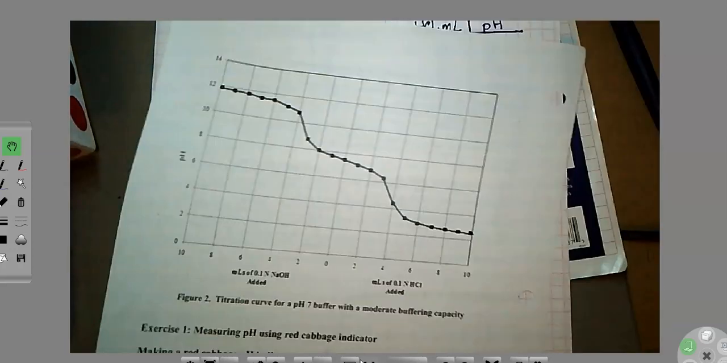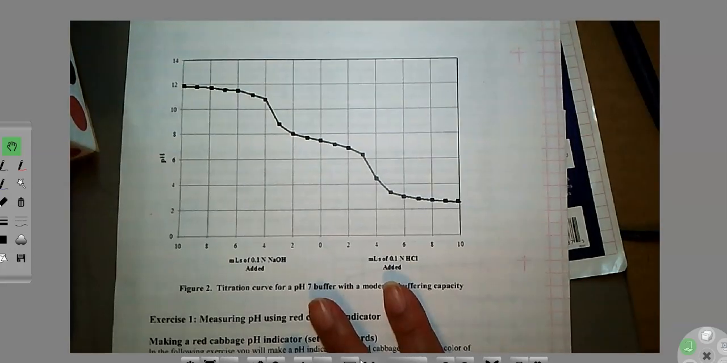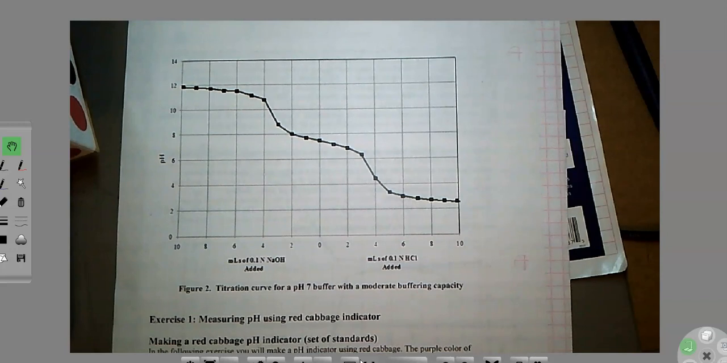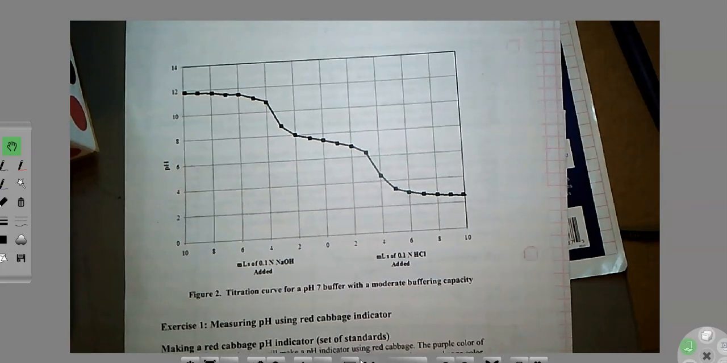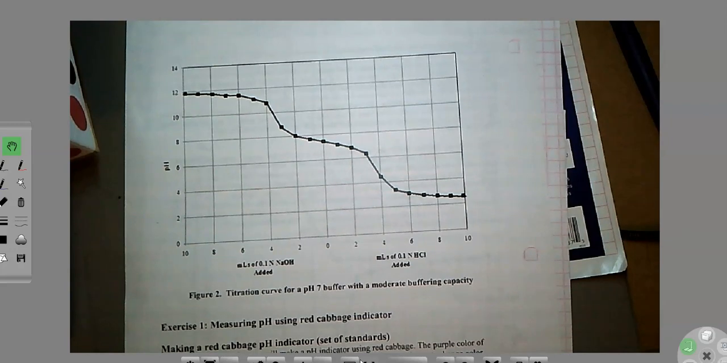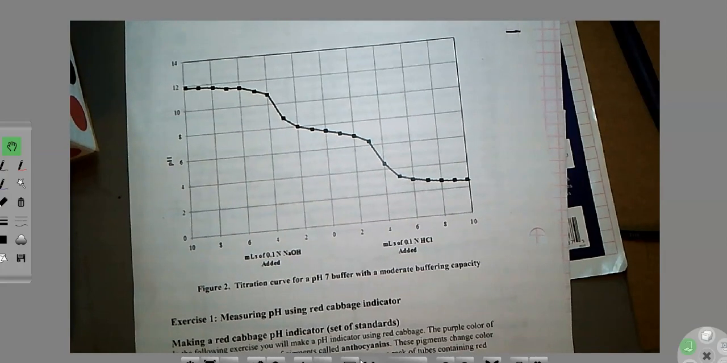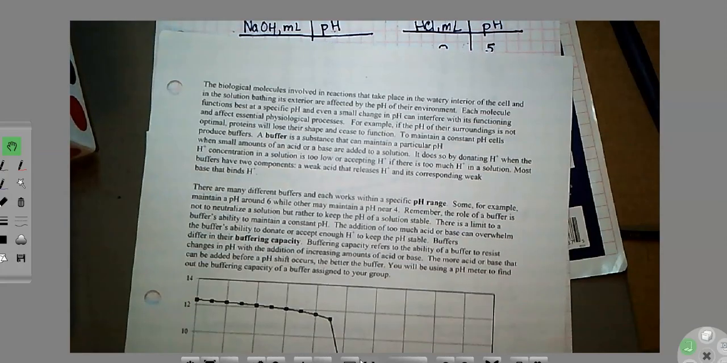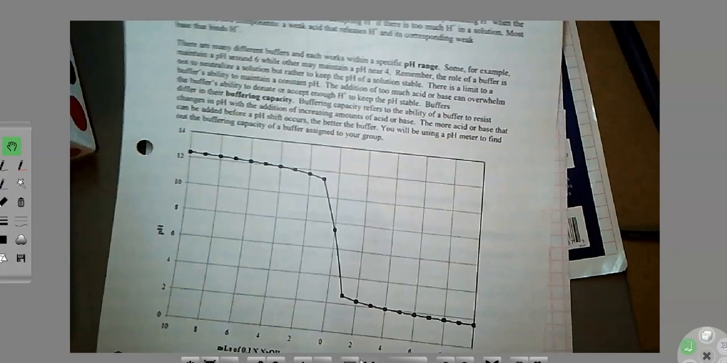This is a titration curve for a solution with no buffering capacity. Now this, on the other side, this is a buffer. This is a titration curve for a buffer with a moderate buffering capacity. So what we're looking at here is that instead of just this straight line that we see here,